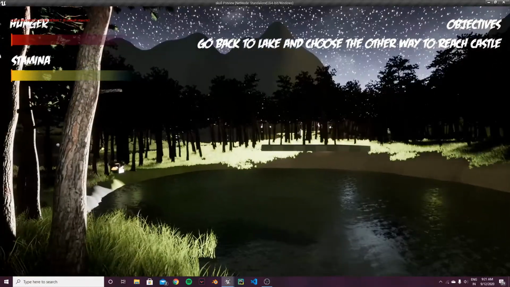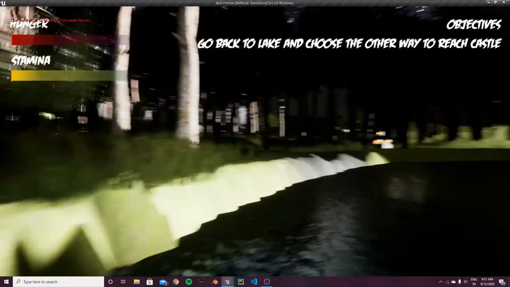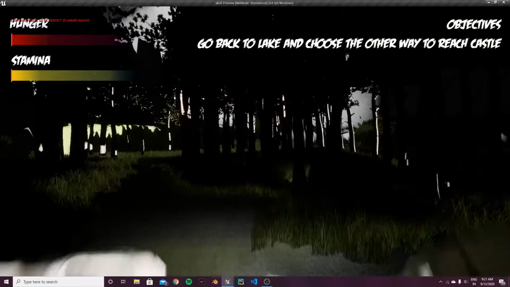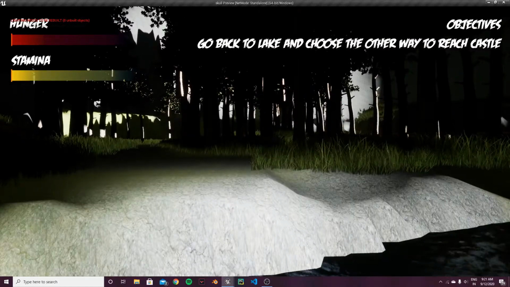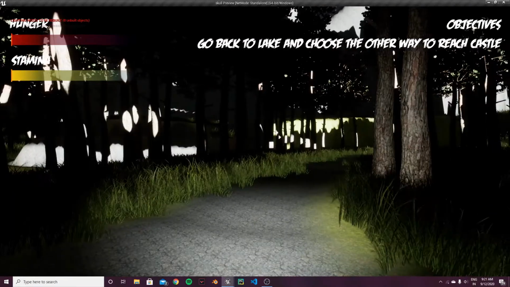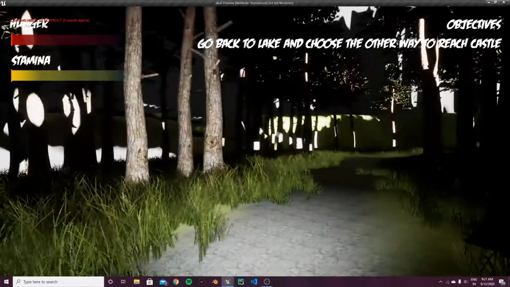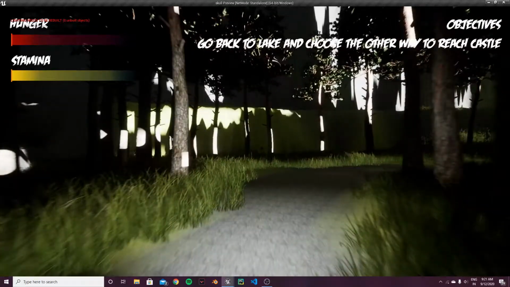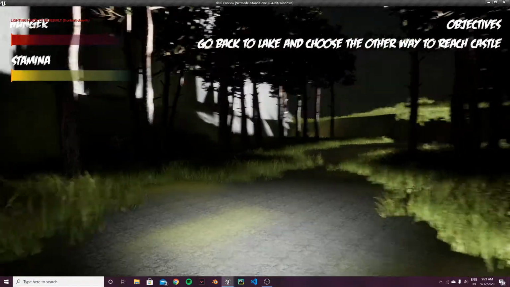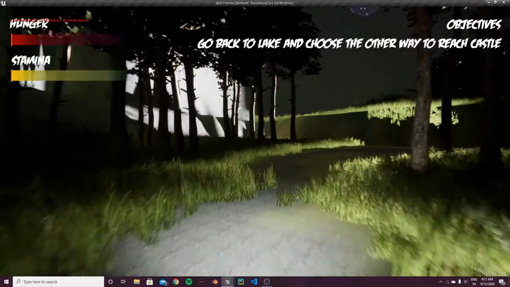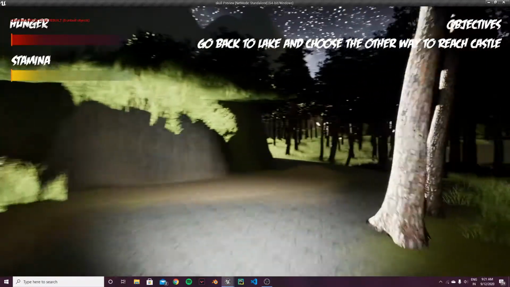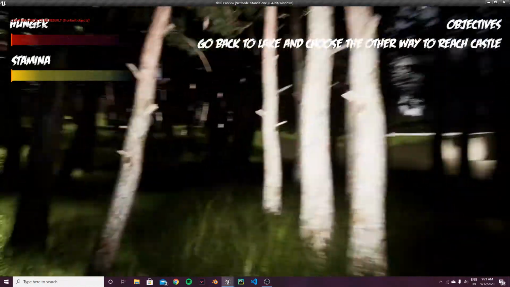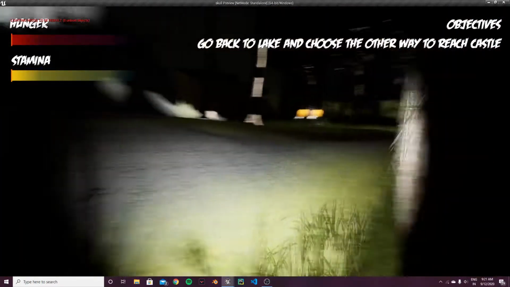So now I am back at the lake as described by the game, and there's a little thing I want to show here, and that is when I jump, I can see my hands. This is because I used the third person template by Unreal Engine, but I then converted it to first person and took care of these little things where this kind of animation is there. So I took the other way, and let's see where we can go with it. Slowly I'm just walking on the path, and if I enter the jungle, you can see there's a lot of grass.